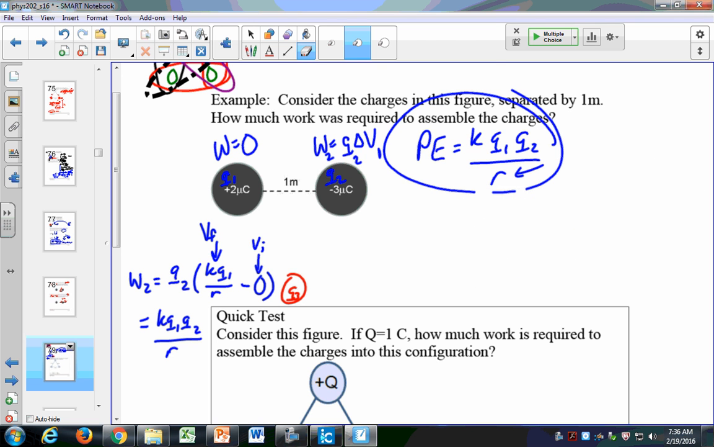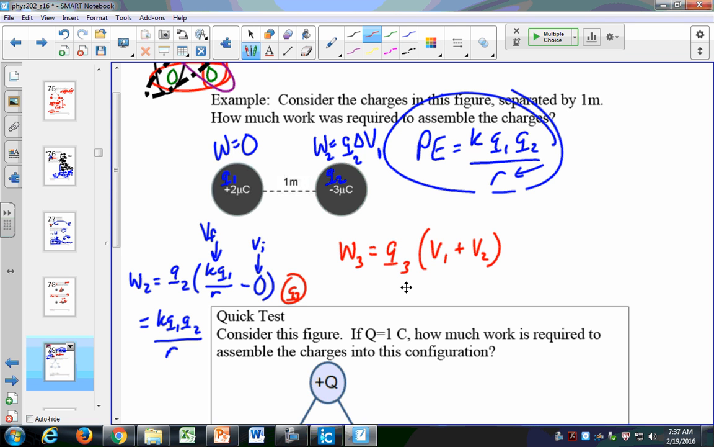The work required to bring Q3 into place will equal Q3 times the potential due to charge 1 plus the potential due to charge 2. Because when I'm moving this third charge into place, at an infinite distance away I have 0 potential. But as I move it into place, I'm moving it into a potential that's affected by both of these charges. So our work 3 would be K Q1 Q3 over R plus K